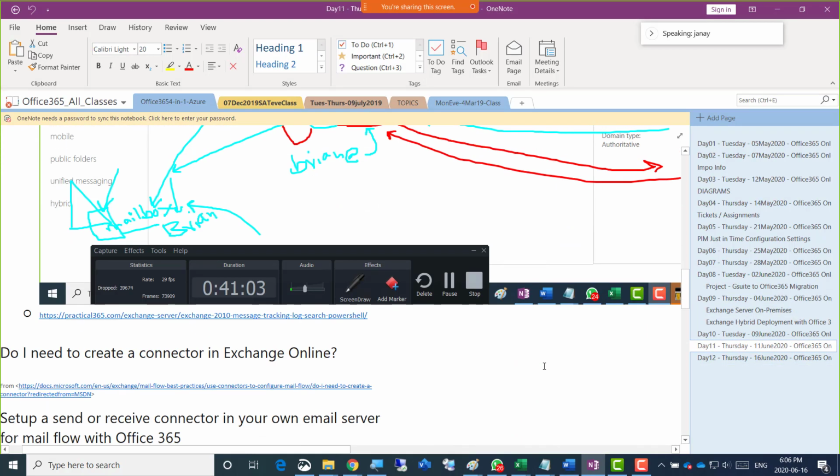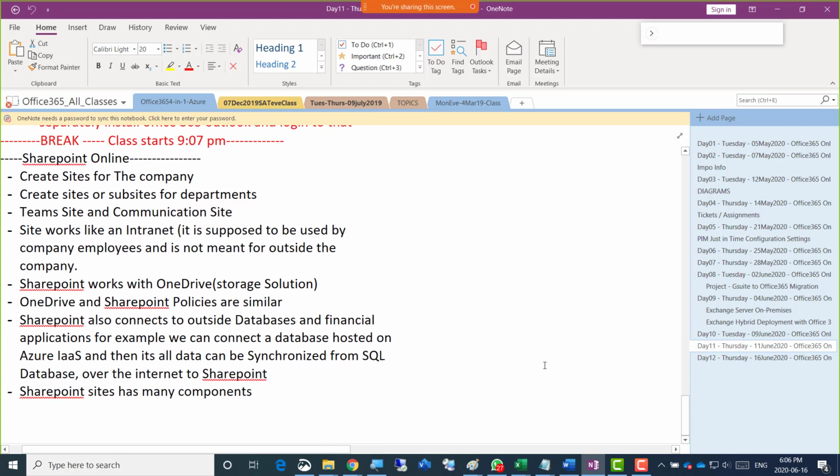So what we were trying to do here was talk about SharePoint. We started SharePoint last time, and you may have created some sites there and started playing with things. It's not really that tough, but some of the tough things are there. It's all about knowing all the permissions and the security best practices when you are uploading all the documents, and some of the migration tools that SharePoint has offered.